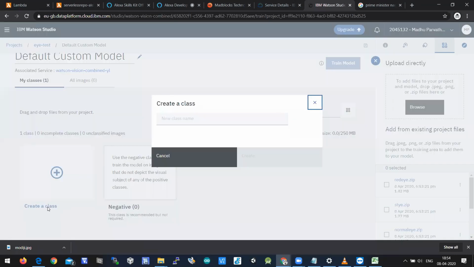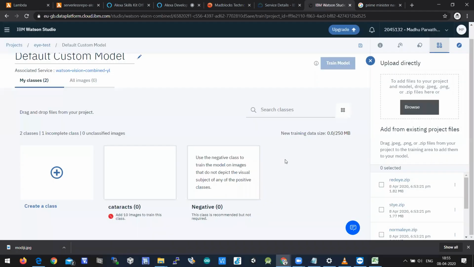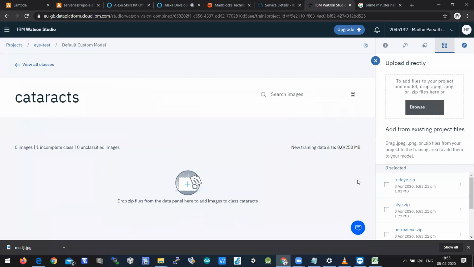Let's click on create class. When you click on create class, you need to enter what is the class name. So say cataract. So that is one class, and that class is holding a group of images. So that is one disease in particular. Let's click on create. So a class is created with cataracts. So let's add the images to this class